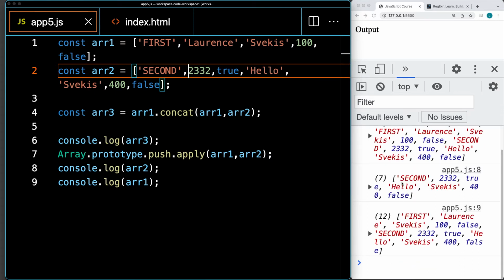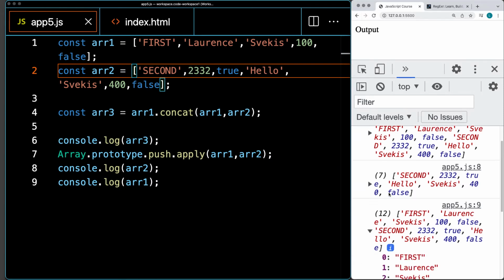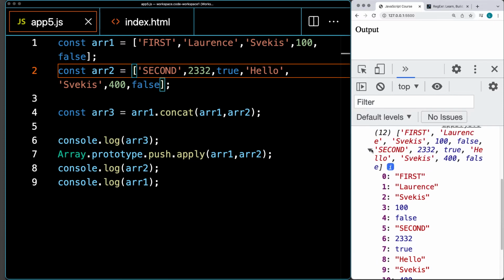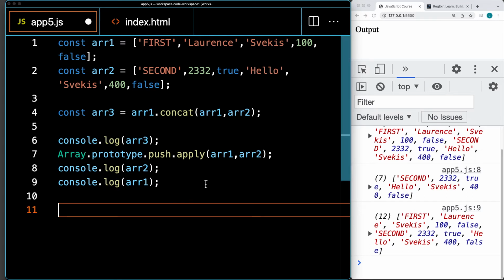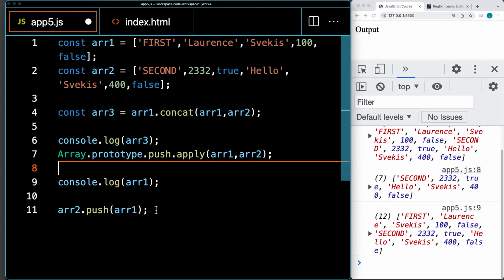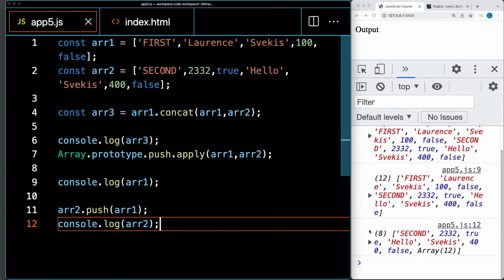So the second array stays the same when we use the apply prototype, but the first one does change, and it has the second array added into the first array. So that's going to be different than if we just pushed it in, because if we were to just push it in, and we'll try that one more time where we've got the array 2, and we'll push in the array 1 values,